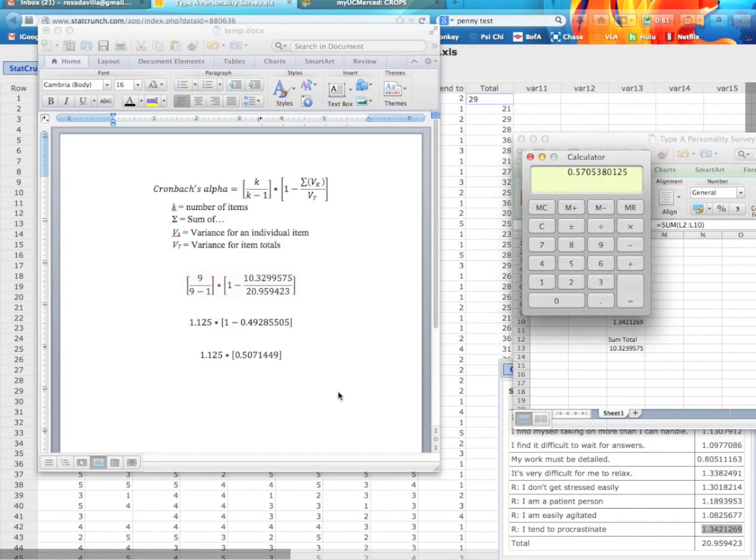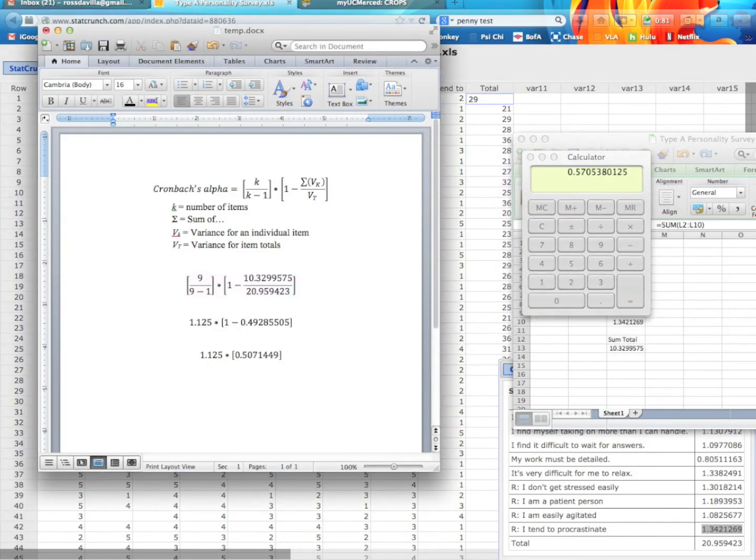71449, there we go. So basically we got a Cronbach's alpha equal to 0.57. And here we can just round to the nearest 100th place because that's how we report in APA format. You'll probably know this from the measurement theory lecture, but that is a Cronbach's alpha that's a bit on the low side. It's not quite, quote unquote, acceptable. An acceptable Cronbach's alpha is 0.7, so we're not too far away from it. It needs to increase by about 0.13.